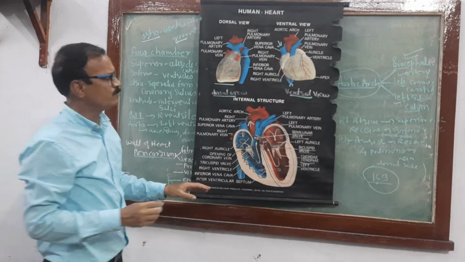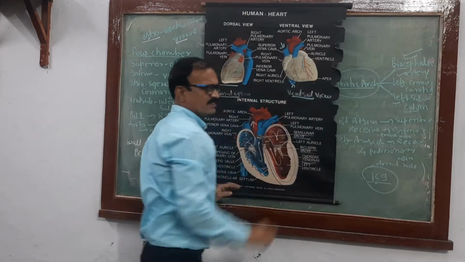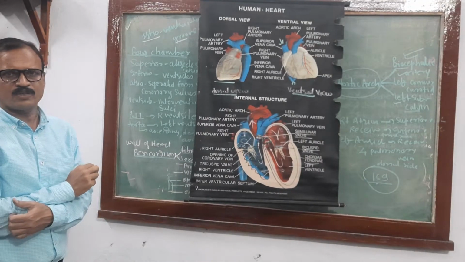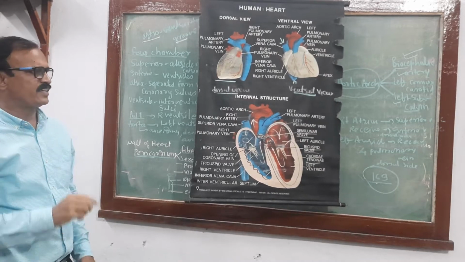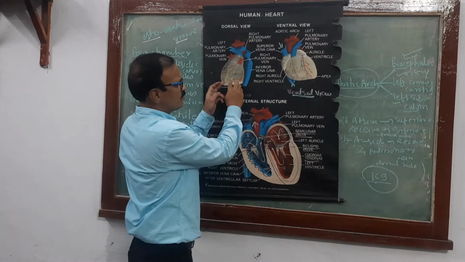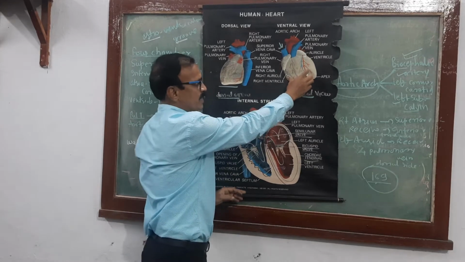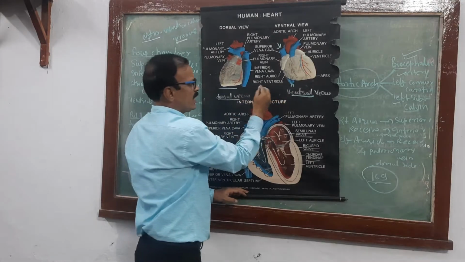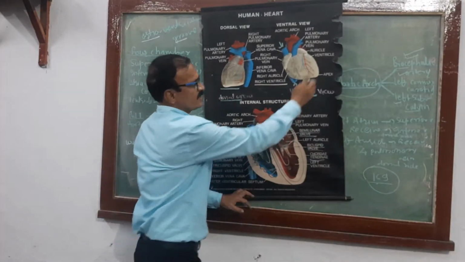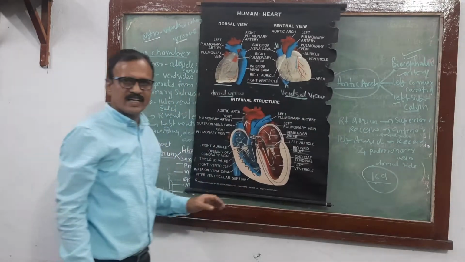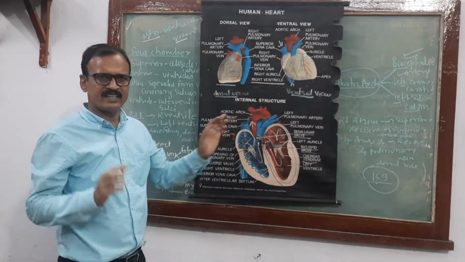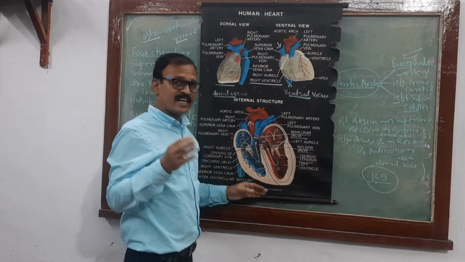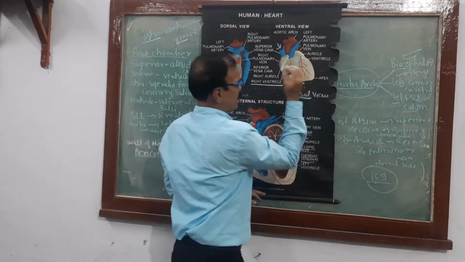Got my point? Now, what about the ventricles? Ventricle is a distributing chamber. There are 2 ventricles: left ventricle and right ventricle. Now see here. I have shown you the dorsal view here. This is the ventral view. You have to see the diagram. In the ventral view, opposite to us is the right ventricle. Then there is the left ventricle. The left ventricle is slightly bigger than the right ventricle. Hence, our heart is located on the left side of the body, slightly inclined.